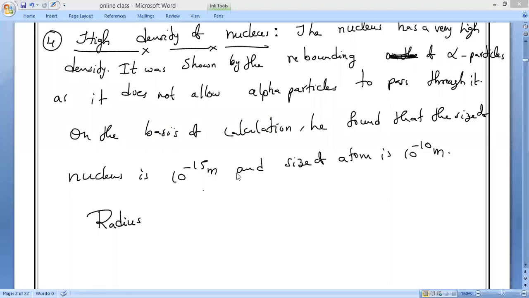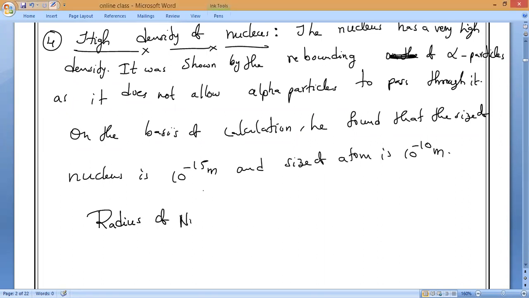It is bigger. As we know, the radius of the nucleus is 10 power 5 times smaller than that of an atom. 10 power 5 times means what? 1 lakh times. Yes or no? So if I say the radius of the nucleus is 1, I am considering. What about the radius of the atom? Anyone? So the radius of the atom, how many times bigger is it, guys? 1 lakh times. So how much will it come? 1 lakh it will come. Clear?